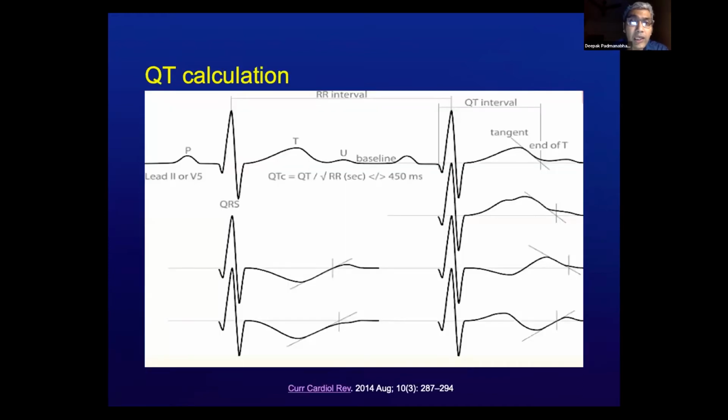Moving forward, the QT calculation is a very important part of our management of patients in the ICU or the CCU. The QT has to be calculated on the slope of the tangent to the horizontal, and because there are 12 leads and a variety of T waves can occur, this is a good guide to where to actually draw the tangent. If you have biphasic T waves, it's not necessary to go to the end of the T wave, but to draw the tangent to the maximal slope of the upward stroke of the T wave.